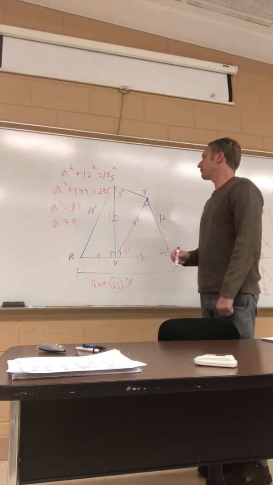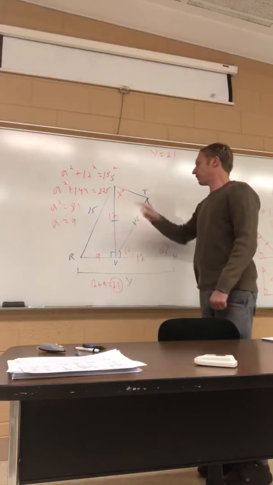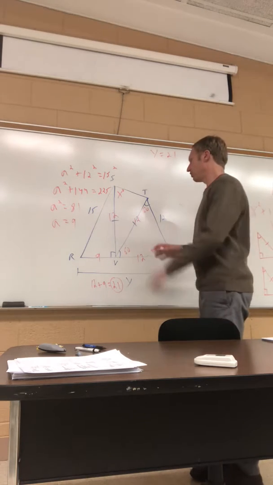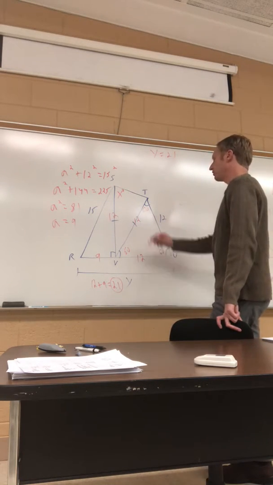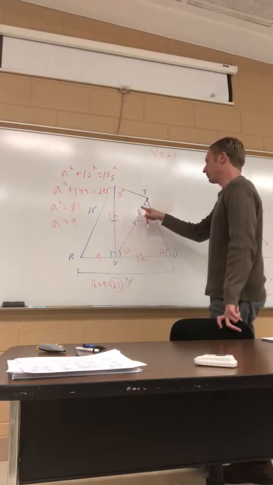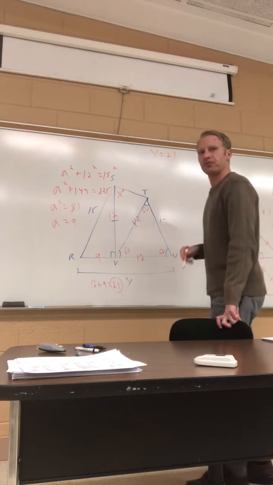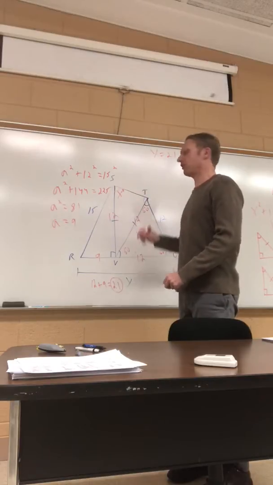So we got the y. That's good to know. So I'll put that up here. Now we just have to get this x. All right, so how are we going to get the x? Well, if you take a look at the picture here, okay, we know that this triangle here, and x is one of the angles in that triangle, is an isosceles triangle because we have two equal sides. And there's a property that says that the base angles, which would be that angle and that angle, of an